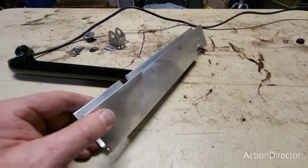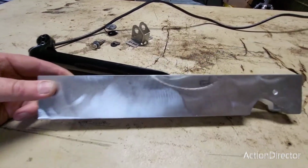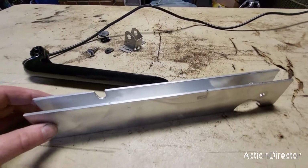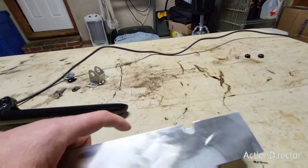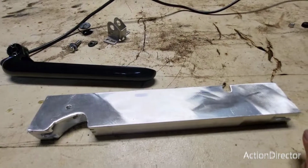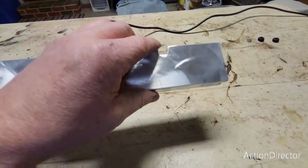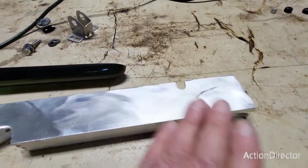Here's my aluminum channel. As you can see, I've already done the work just to make sure that this is going to work before I went out of my way describing to somebody else how to fail. So this is absolutely a success. What I've done is I took this out, I held it up to my trolling motor on the underside, found out exactly where it was going to bottom out. I actually notched it so it'll slip over the skeg. It'll work like a key to keep it from wanting to rotate around. And then the other thing is this faded black line represents where the back of the